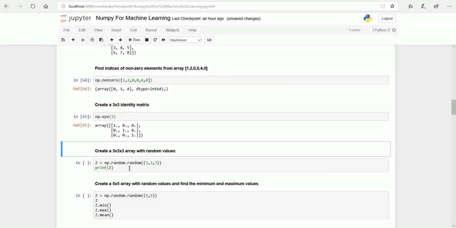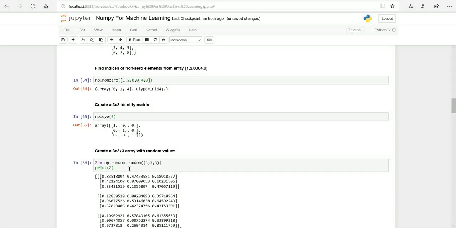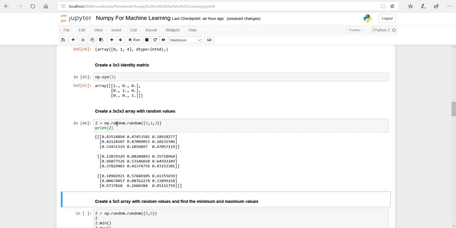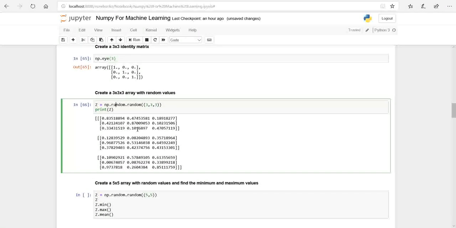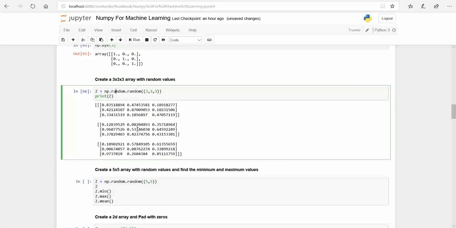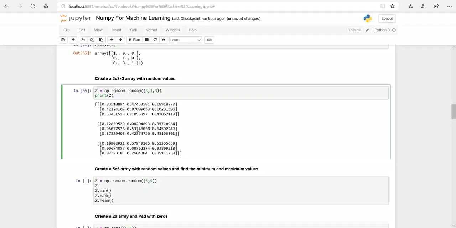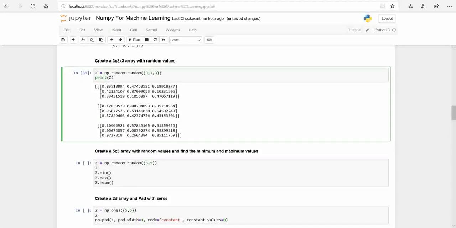Instead of creating the zeros array, we can also create an array and fill it with random values. So we can use np.random.random. This is used when we are initializing the weights of a neural network. We initialize the weights of the network randomly, then train the network to learn the right set of weights. If you don't get this reference, then no worry, I will explain this in upcoming videos.